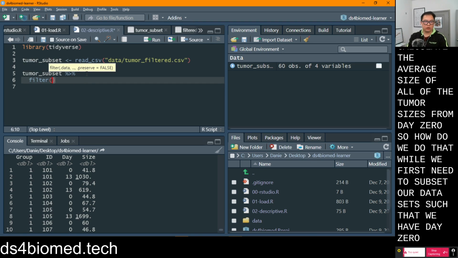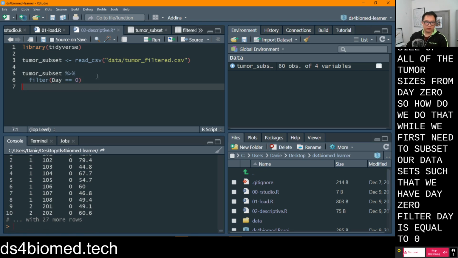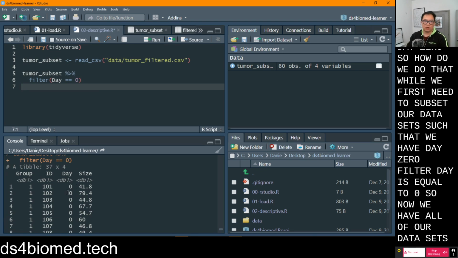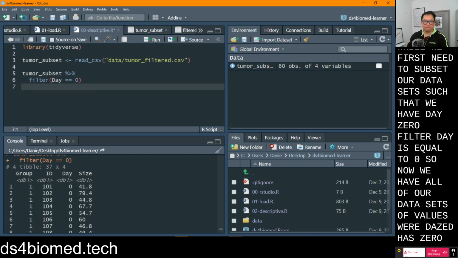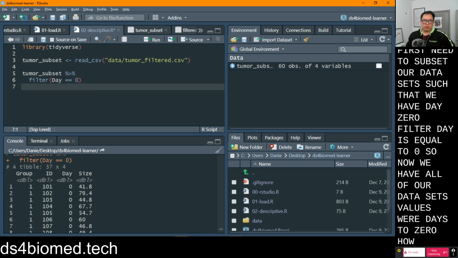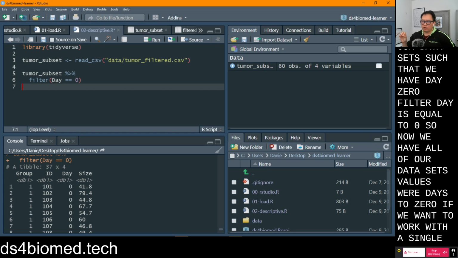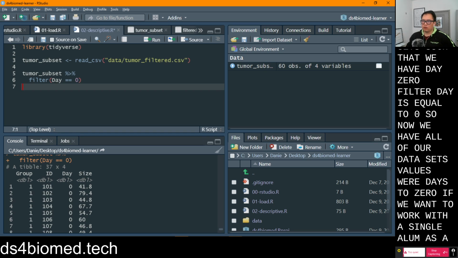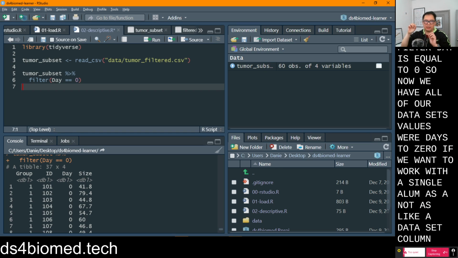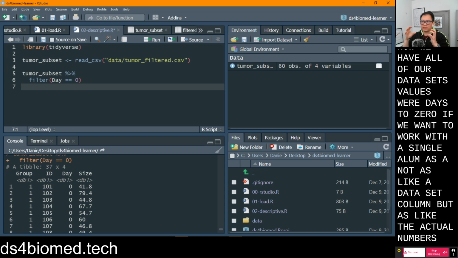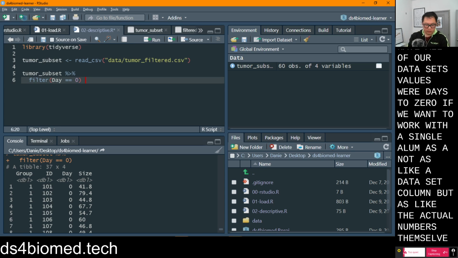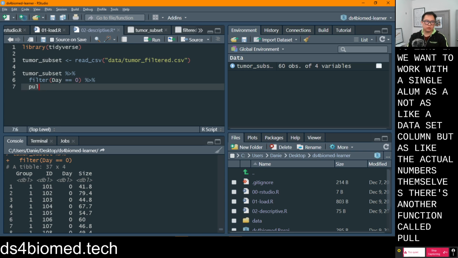Say filter day is equal to 0. So now we have all of our data set's values where day is equal to 0. Now, if we want to work with a single column, not as a data set column, but as the actual numbers themselves, there's another function called pull, which